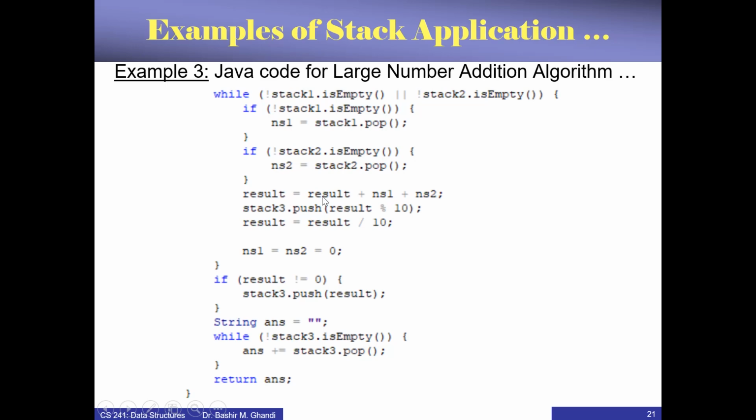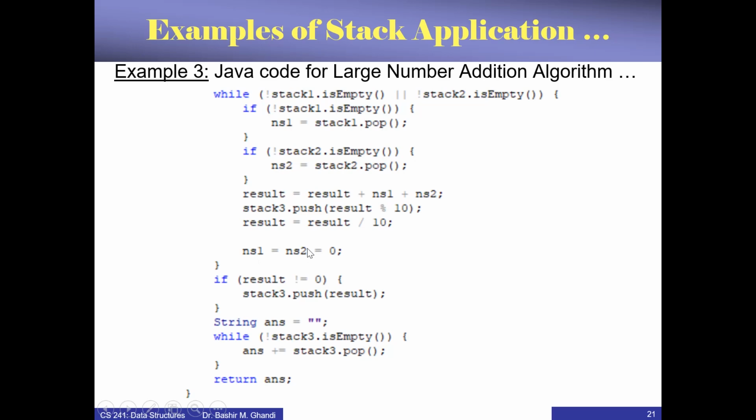Okay, good. How do you get the tens part? The tens part, you get it by doing result slash 10. For example, 17 slash 10 will give you 1. Okay, so that 1, save it in result. It's going to be your carry, which you will use for the next operation. Okay, but before you repeat the loop,